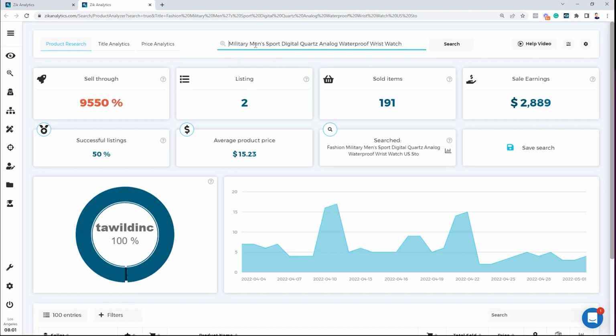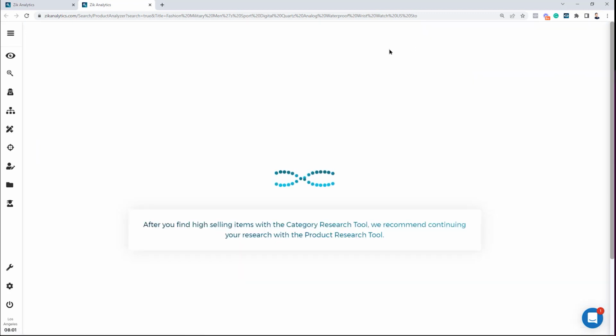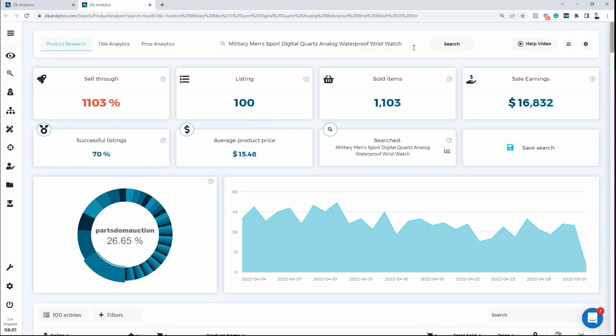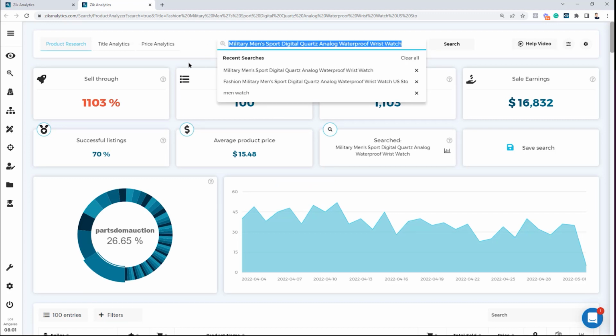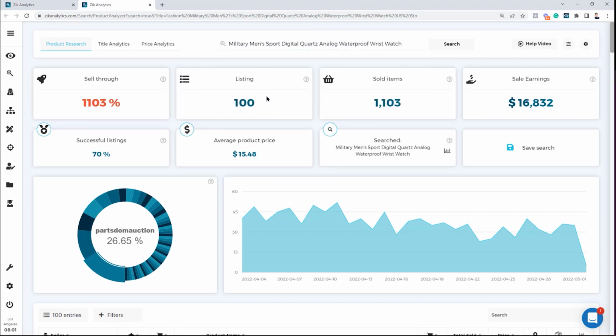So it's a military men's sport digital quartz analog waterproof wristwatch, right? So I'll just keep this and I'll hit the search button again. I remove the fashion keyword, I remove some keywords from the beginning. I want to get some more results, but not shorten the title too much to be a niche. Now take a look, when I shortened the title a little bit, but still kept the main keywords, we got